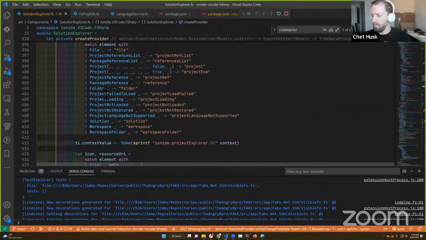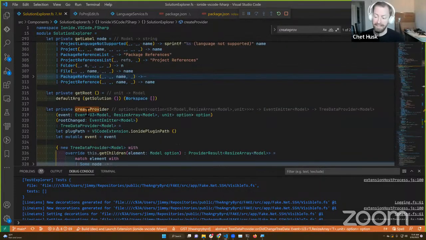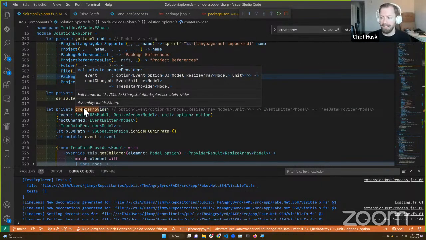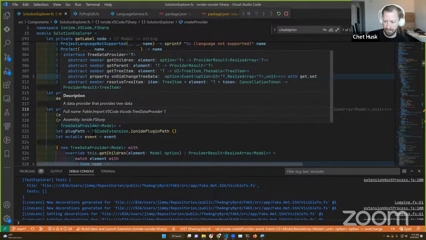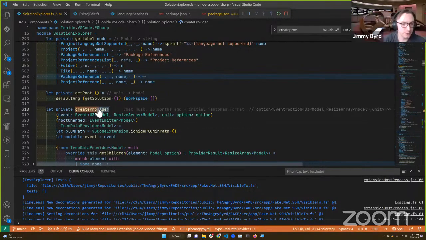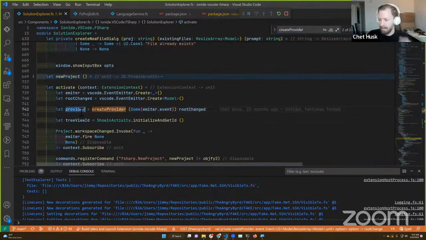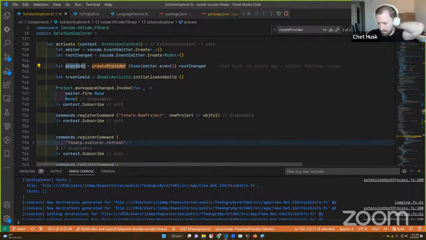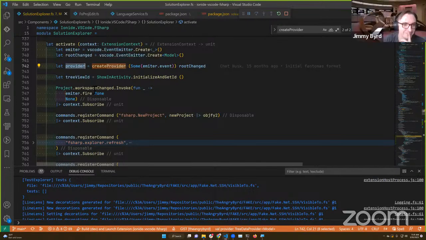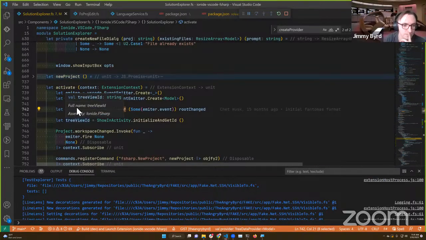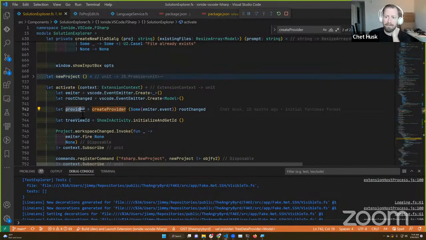So do we have access to this object? Yeah, well, we need access to the tree data provider itself. So where does that get set? There's a local that is set in activate on line 738, or roughly. That may need to be elevated to be like a module mutable.